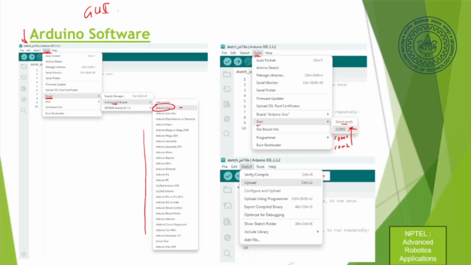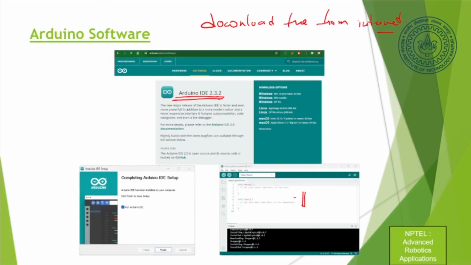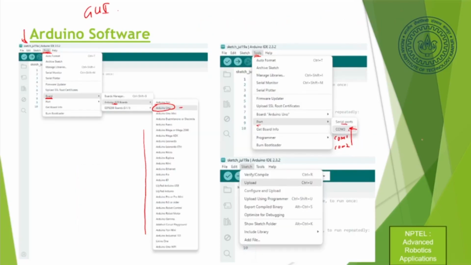Now in order to upload a program, suppose for example this is the program, I need to upload the program onto the microcontroller. This program is on your laptop or PC, and it has to be downloaded onto the board. So what we can do is use this and say upload. What it does is upload the program onto the microcontroller. You write the program on your laptop, we'll see all of this as we progress in the lab classes, and then you can just upload it.